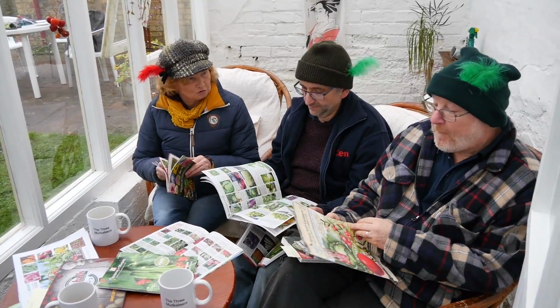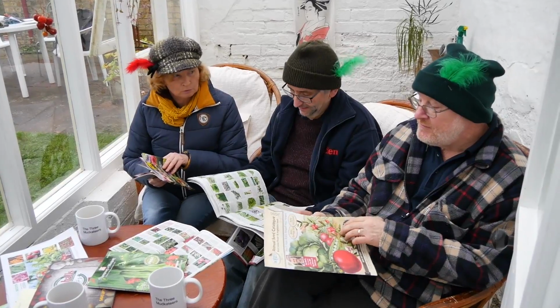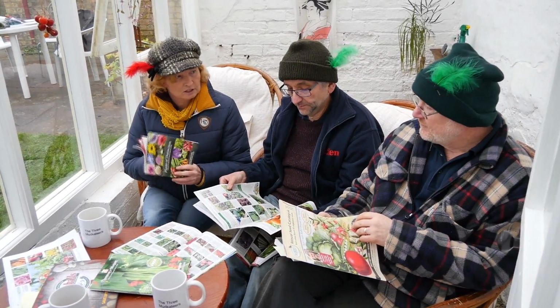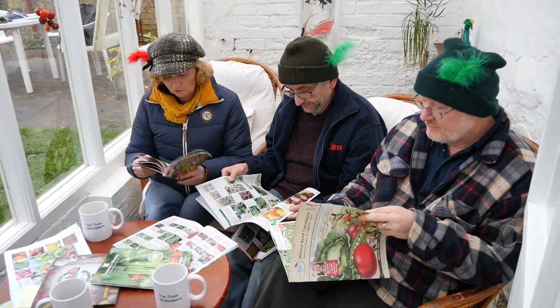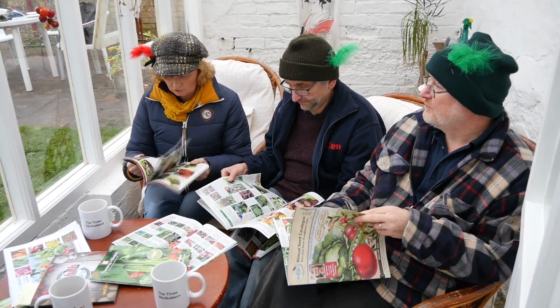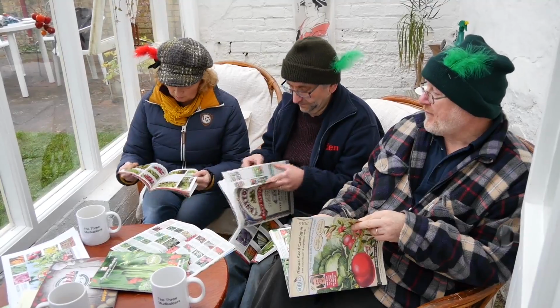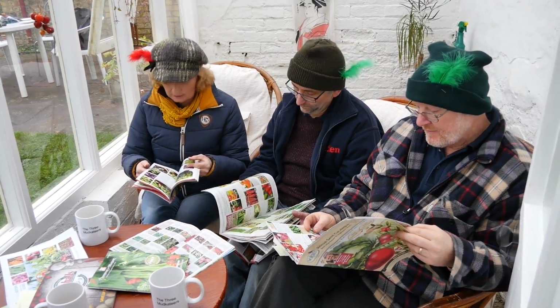I'm looking at some catalogues to see what we fancy growing this season. It's not too late to order the seeds, is it? So we've got quite a range of catalogues here. I've got the Plants of Distinction catalogue, which is full of wonderful pictures. They've got some really, really lovely plants. They look fantastic. And there's one crop I'd like to grow, which is flower sprout, Petit Posy,